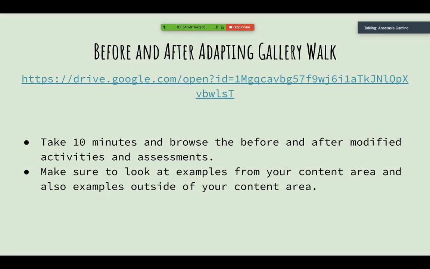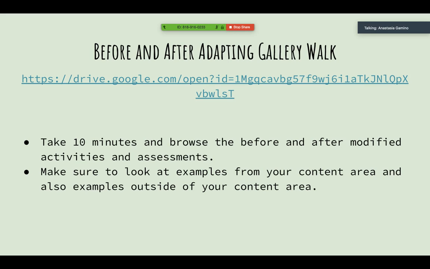So I feel like sometimes differentiating can feel very overwhelming for teachers. But I think if we just think about what scaffolds our students need to reach grade level standards, and come up with a couple manageable ways within the unit and the lesson, it can come a little bit easier if we're doing that backwards planning at the beginning. So the next part of our little PD today is we wanted to give you guys